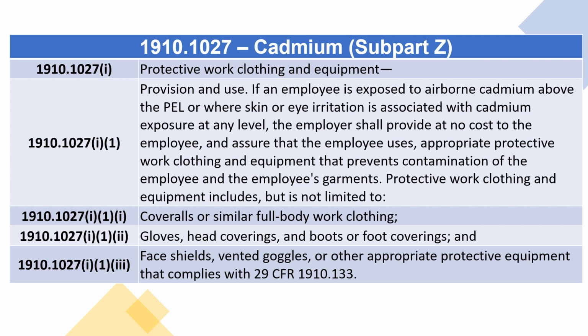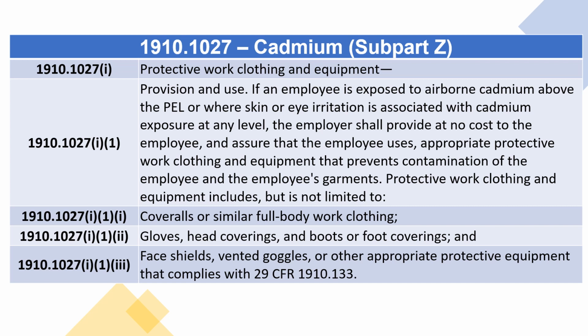1910.1027 I. Protective work clothing and equipment. 1910.1027 I1. Provision and use. If an employee is exposed to airborne cadmium above the PL or where skin or eye irritation is associated with cadmium exposure at any level, the employer shall provide at no cost to the employee, and assure that the employee uses appropriate protective work clothing and equipment that prevents contamination of the employee and the employee's garments. Protective work clothing and equipment includes, but is not limited to,